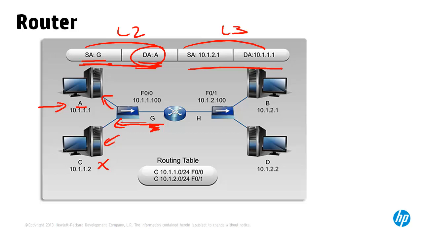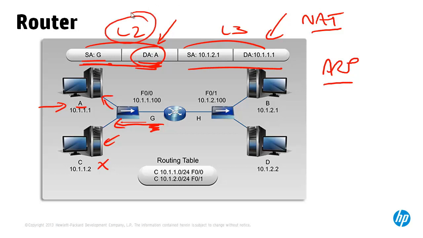Now, in some cases with a ping, you'll notice that the first ping fails, and that's because of the ARP requests and replies that need to take place to populate the ARP cache and therefore to allow communication. So don't be concerned if you lose the first ping, as it may be that the ARP caches haven't been populated yet. The important point to realize is that when you ping across a router or a layer 3 switch, the layer 2 information is updated, but the layer 3 information remains the same unless network address translation or NAT is used. When you move from one VLAN to another, a layer 3 switch or a router will rewrite the